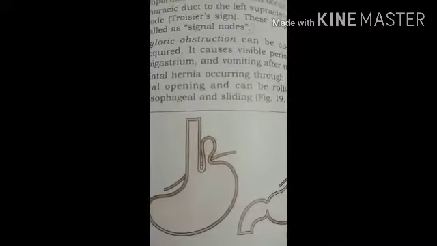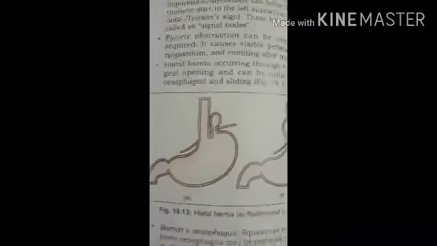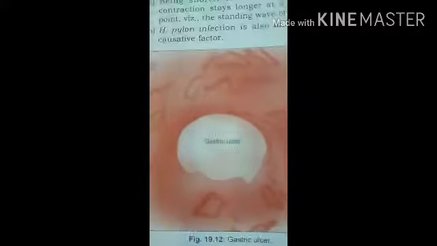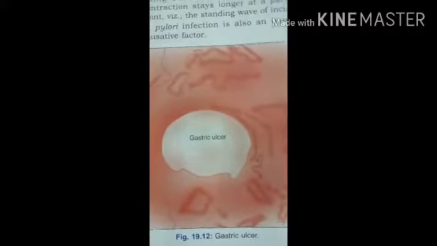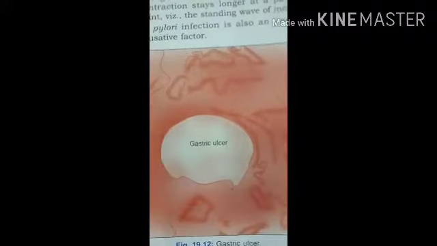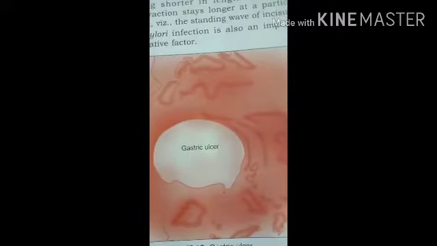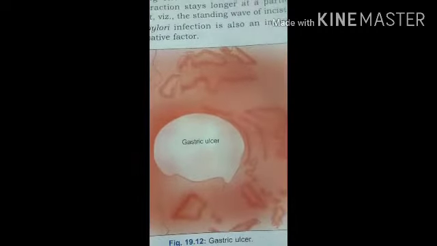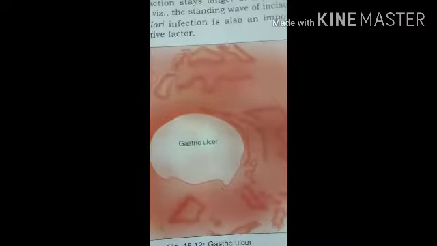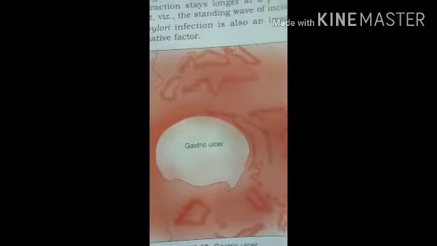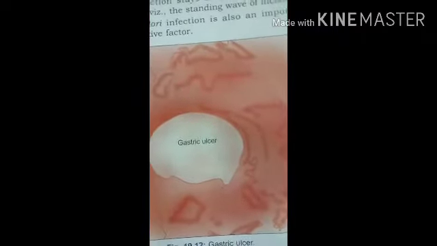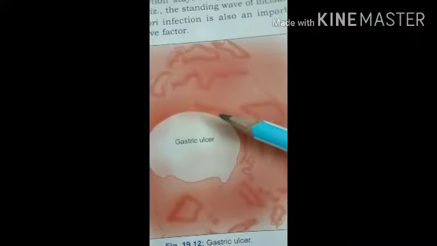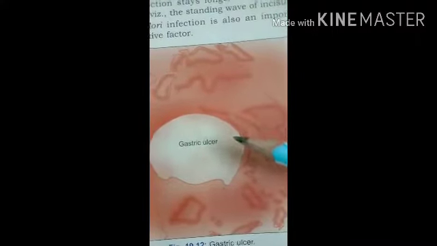Okay? The next clinical point related with the stomach is the gastric ulcer. In the gastric ulcer, the HCl is continuously secreted into the stomach, and as the HCl is corrosive in nature, because of stress, worry and spicy food that stimulate the gastric secretion, it damages the mucosa of the stomach, and because of that an ulcer occurs in the interior of the stomach.